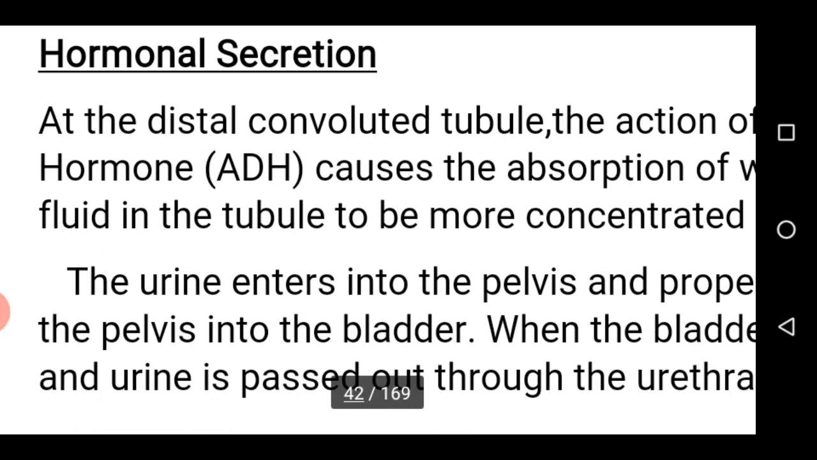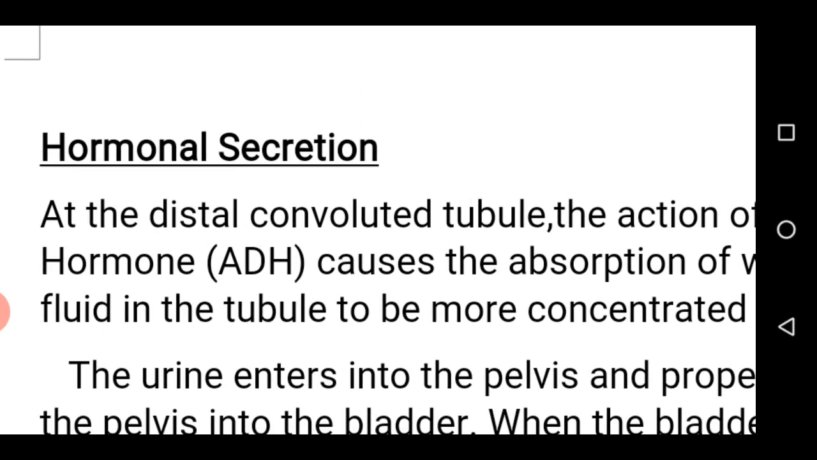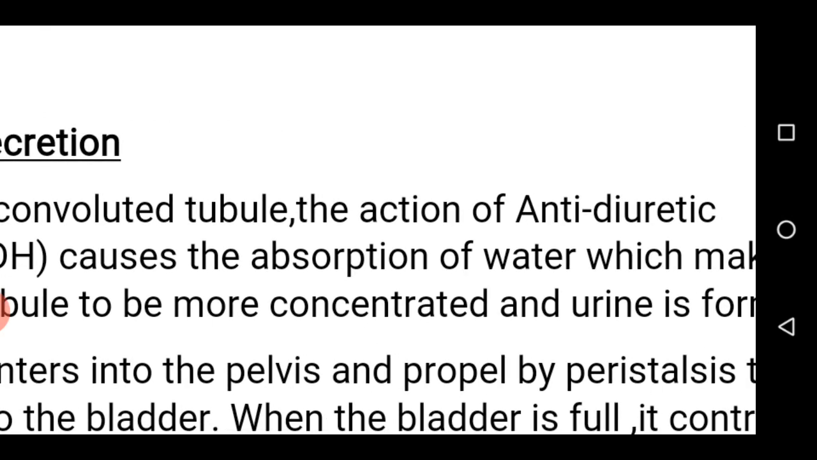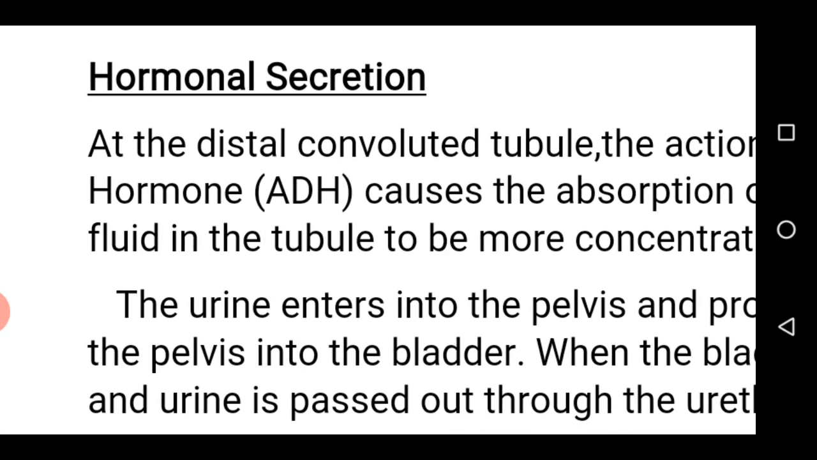Now, the third process, that is hormonal secretion. During excretion, there is ultrafiltration, there is selective reabsorption, and the last process is hormonal secretion. What do we mean by this? When the glomerular filtrate reaches the distal convoluted tubule, there is secretion of one hormone called antidiuretic hormone by the pituitary gland in the brain. The pituitary gland in the brain releases the hormone called